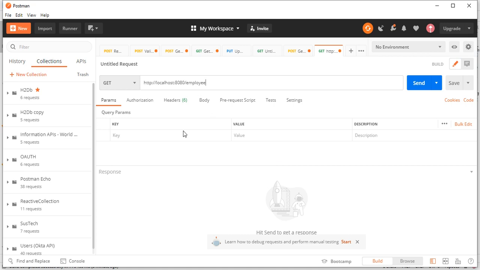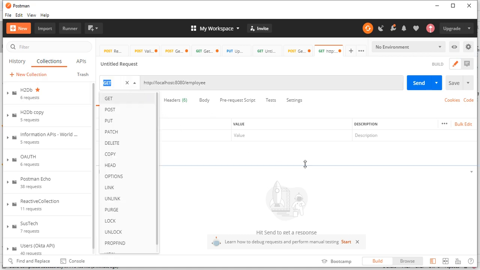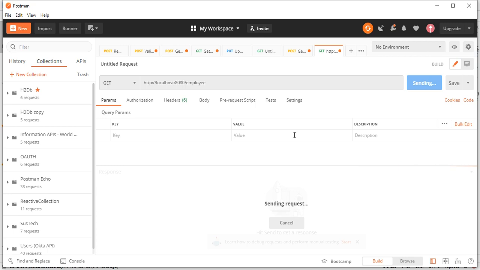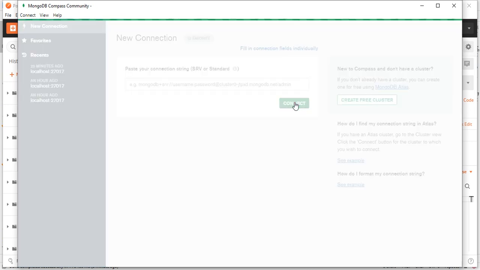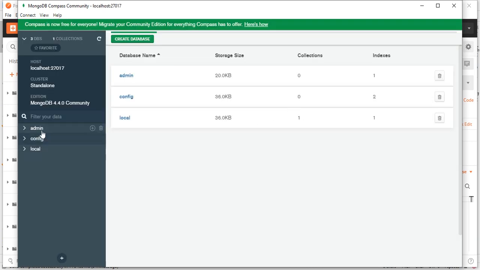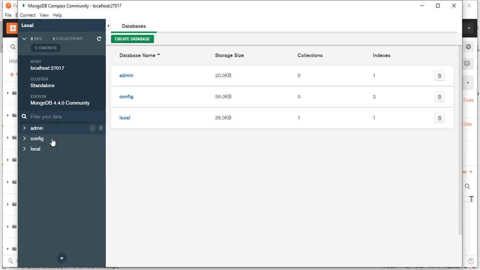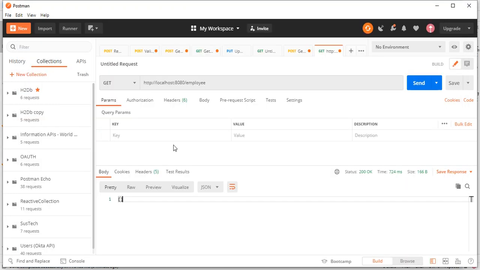This is the get operation. Let me do the get operation first. If you see here, you don't have any data now. And if you go to MongoDB, no data was created here also, right? We don't have any employee database.